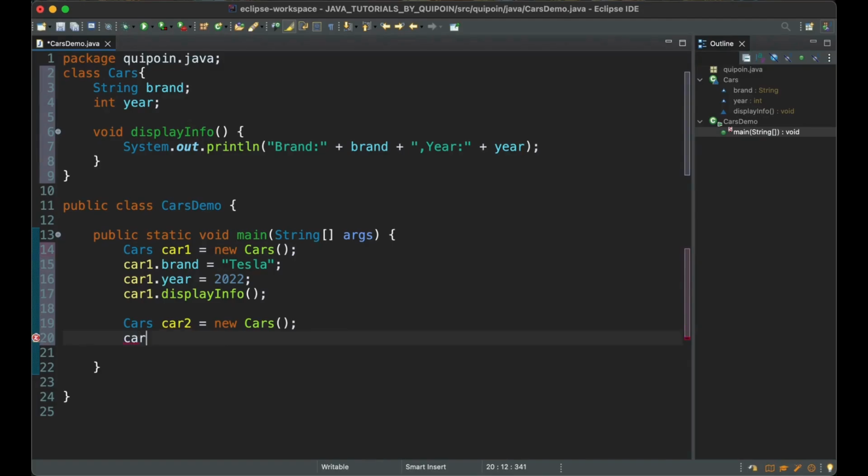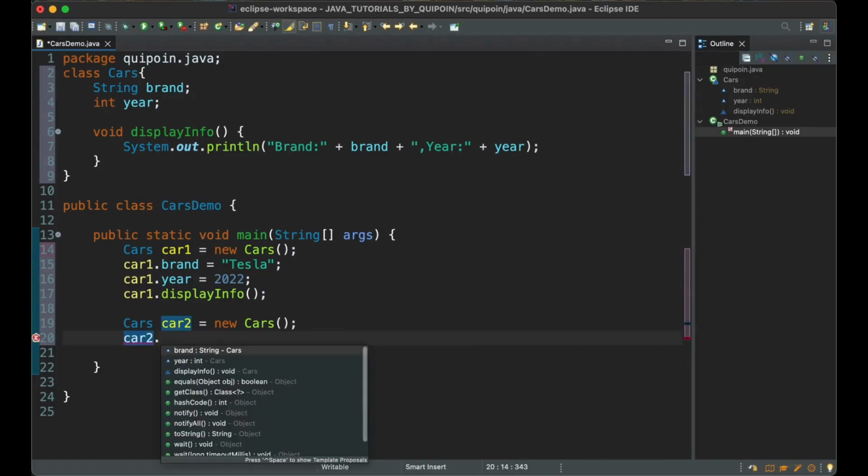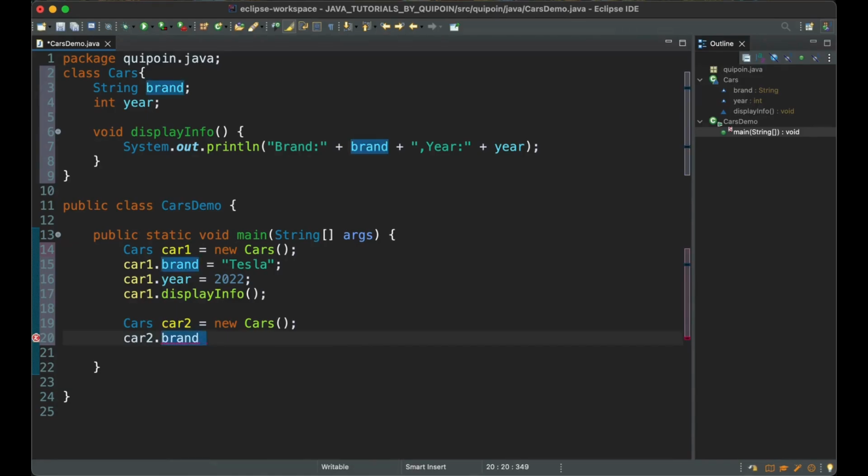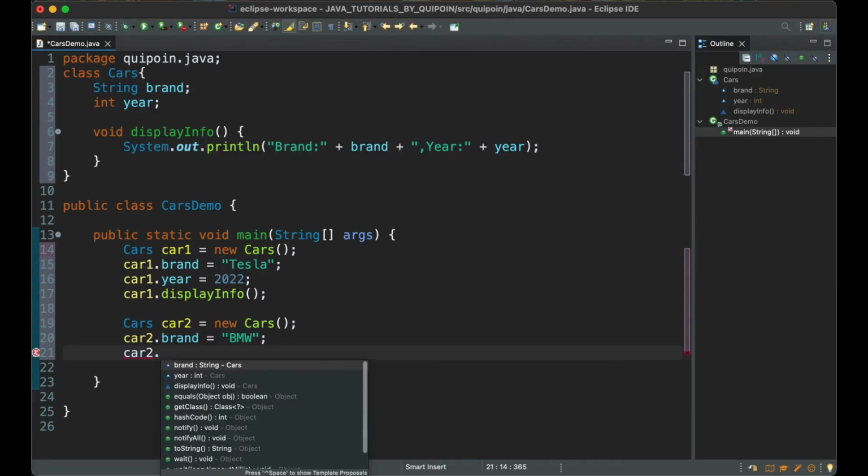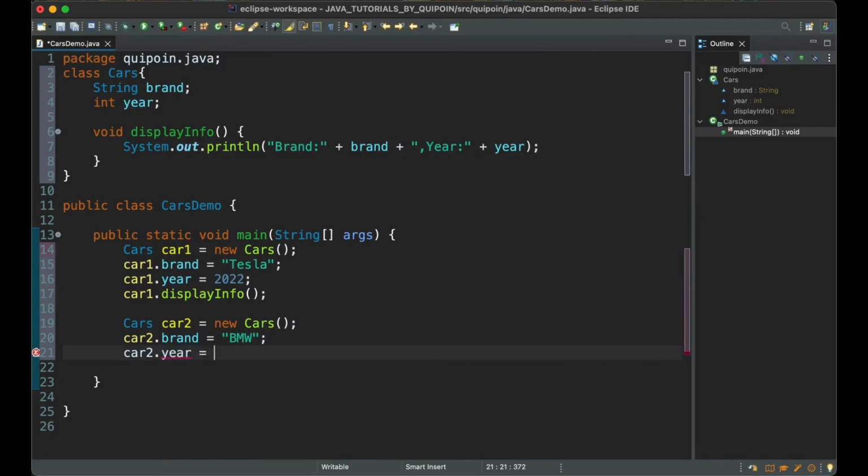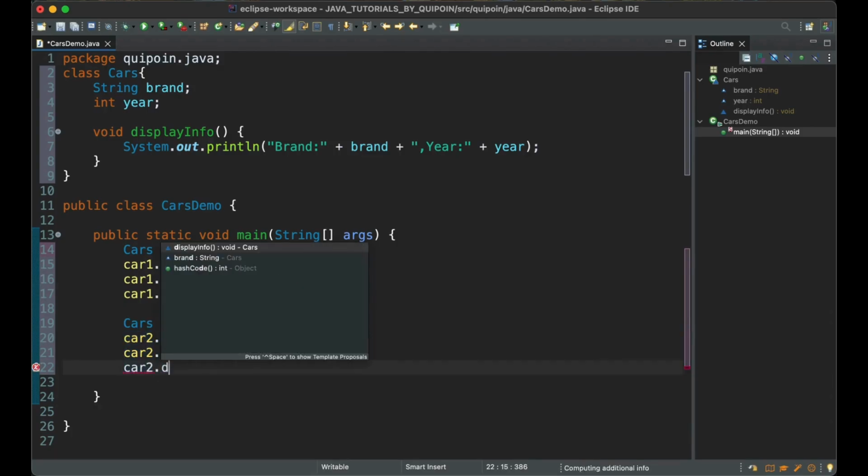Then car2.brand is equal to, in quotes, let's take BMW, and then end this with semicolon. Then we will take car2.year again is equal to, let's take it as 2020, and then semicolon. Then car2.displayInfo